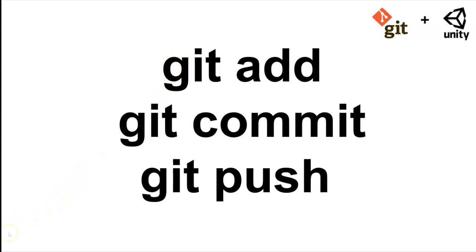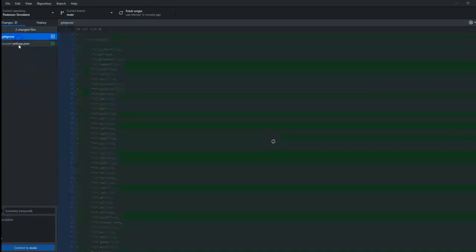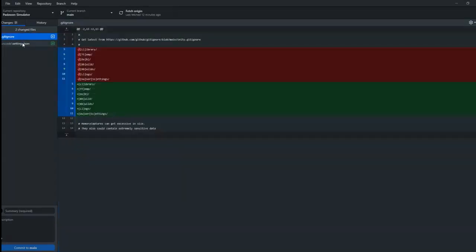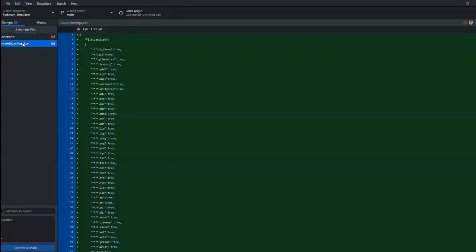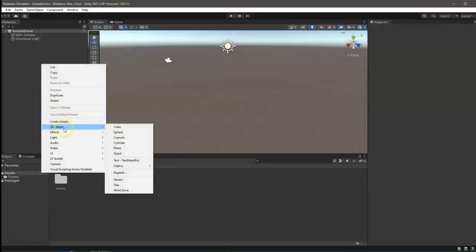Now, let's get started. For our current project, we can see here that we have two changes. These are just changes in the configuration of the working directory. We don't see any changes yet with the project itself. So we're going to be changing the state of our project using Unity. So let's add a simple 3D object